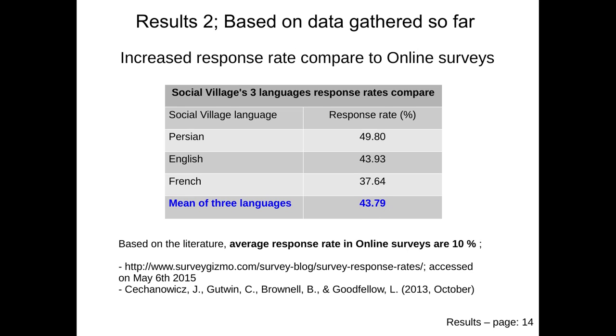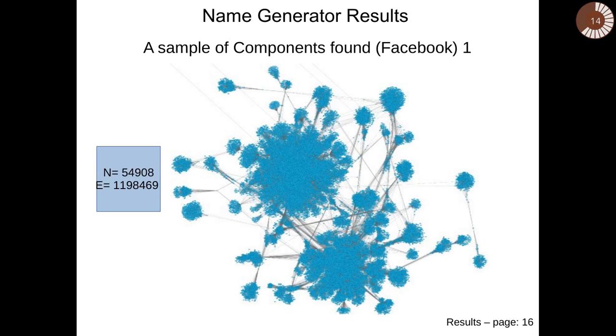In ordinary online social surveys, the response rate is 10%. Then this is the result of the name generator. We built the social network of people based on their Facebook friend list. Then we added them together and